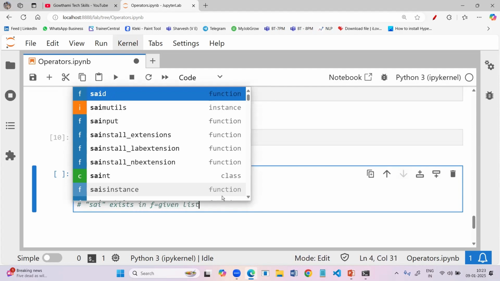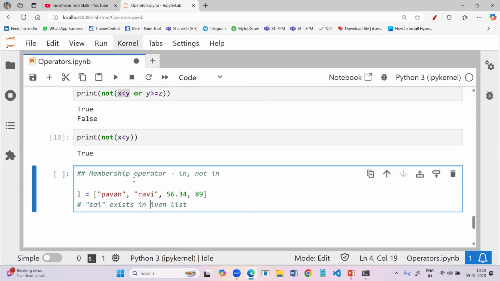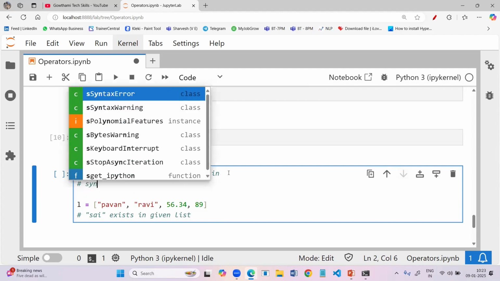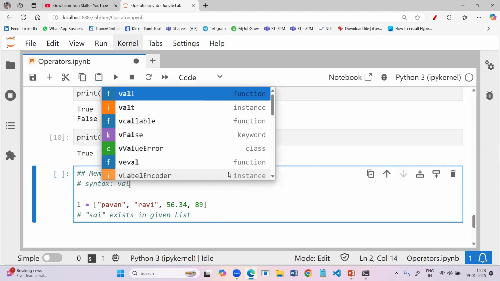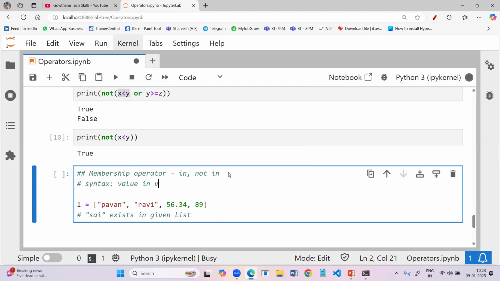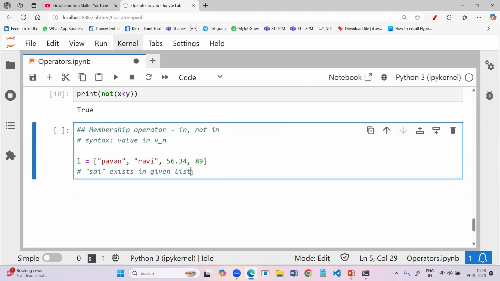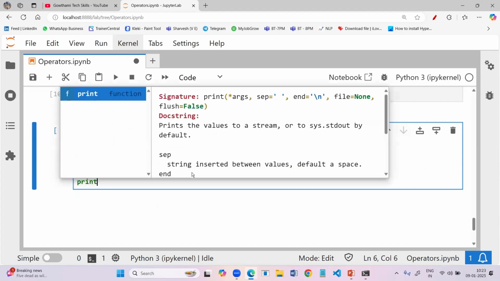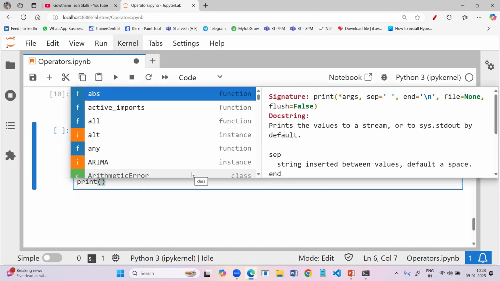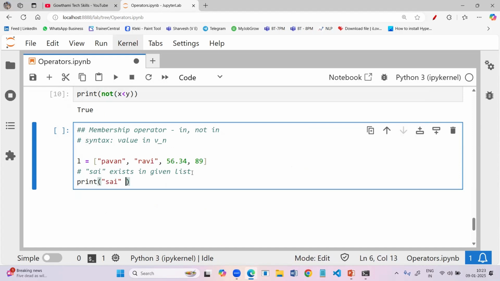For that, we will make use of an operator called the membership operator. The syntax will be: the value you are searching for, the in operator, and the variable you are searching in, whose name you have to give. So now I need to print it, right? Inside the print function, I will use that syntax. I want to search for Sai in the variable L.